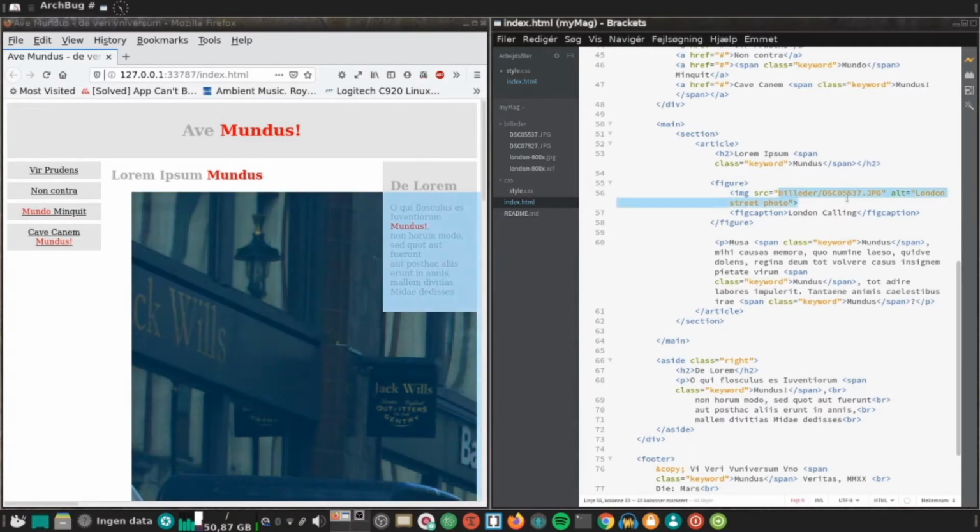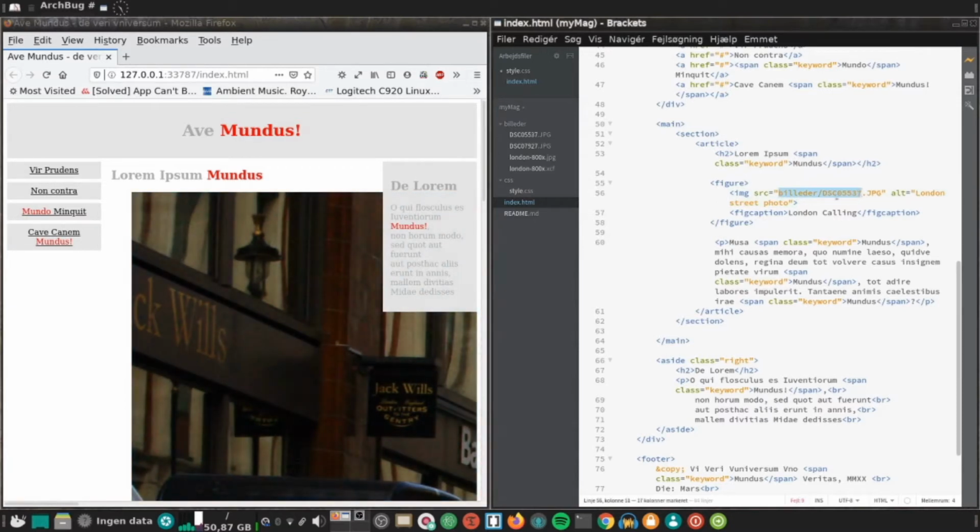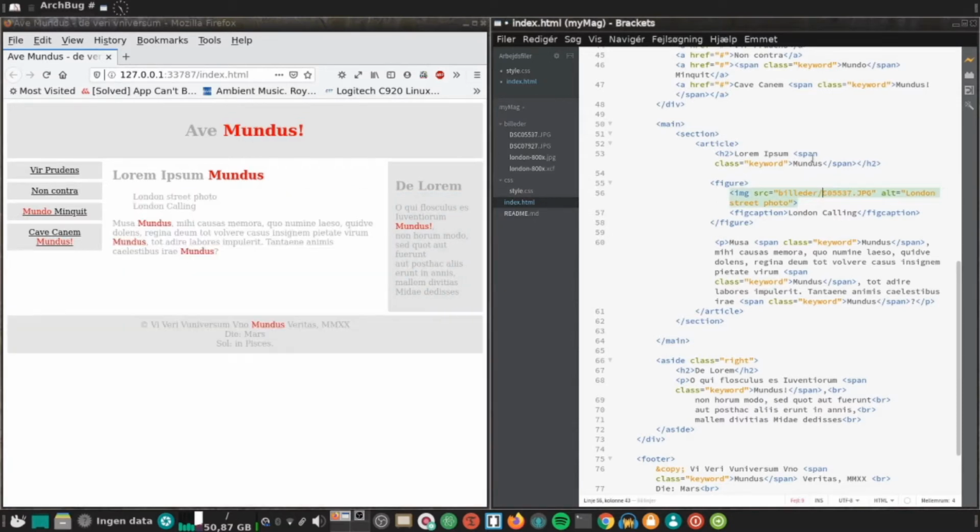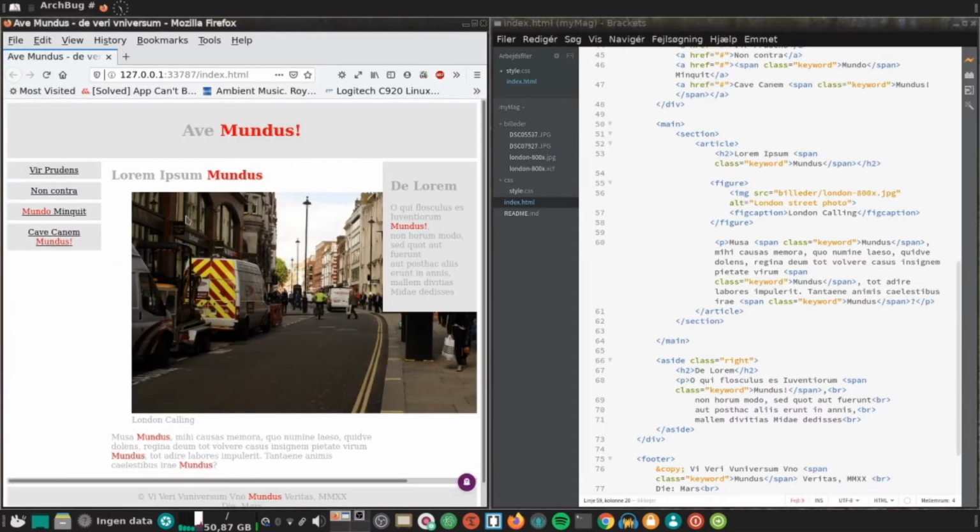Actually, the image is placed in my HTML. Here you see the image tag. And now we just have to change the image to something more convenient. Here's a new one I made. Yes. And here it is. Now you may think that it's a little bit too large here, but we can use CSS